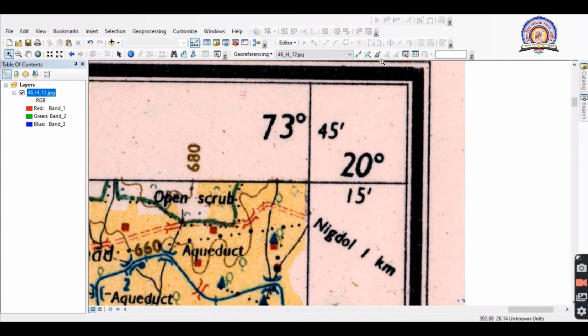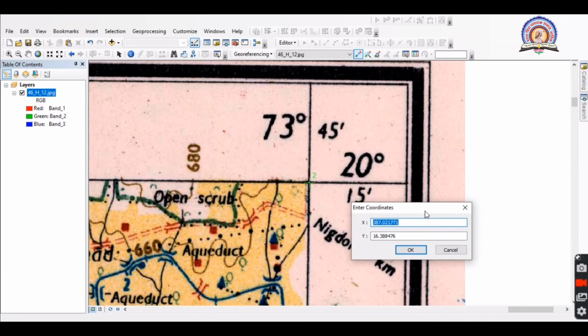So this is the point we are going to take. Again we have to click on add control point, come over here, left click, right click, input xy, and again we will be giving the value, that is 73 degree point.